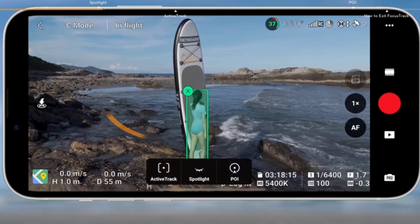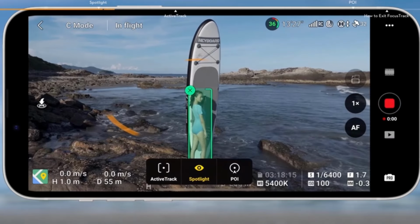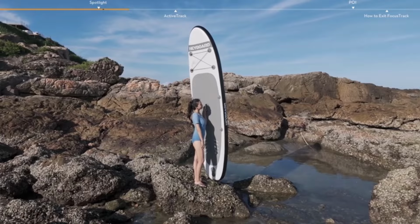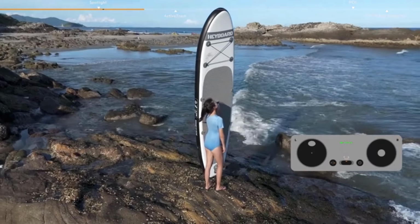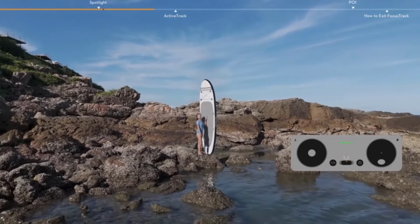Full 360-degree obstacle avoidance, automated flight modes, and a quad-Bayer camera with 4K 60 HDR video round out the feature set. We especially like the APAS function, which helps the drone navigate through complex spaces all by itself, even at low altitudes. If you've looked at the Mini 3 and wanted a bit more, the Mini 4 Pro is